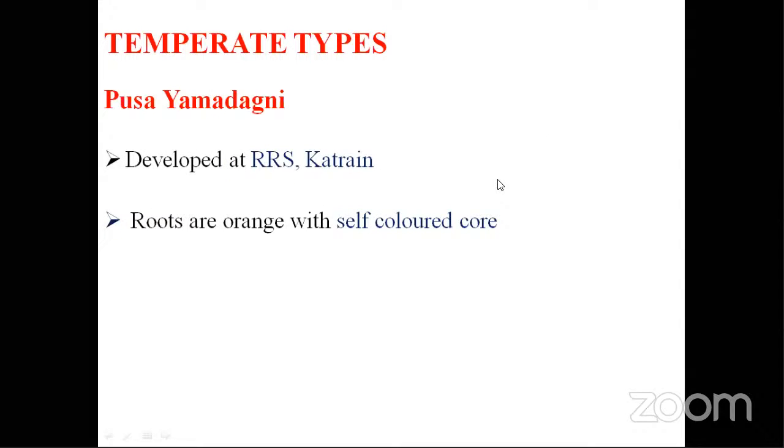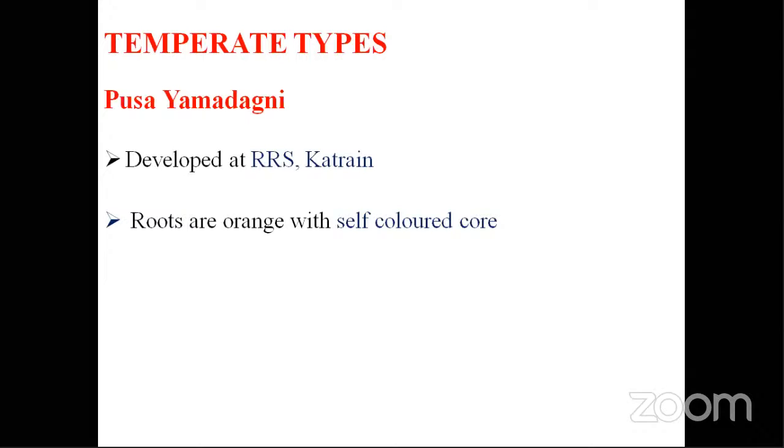Next is Pusa Yamdagni, which is mostly grown under South Indian conditions. If you want to grow any Pusa variety, then they will recommend Pusa Yamdagni, because they say it is a temperate type, but it actually comes very well in many South Indian places also. They grow Pusa Yamdagni actually. So it was developed by the research station at Katrain, and the roots are generally orange in color, and also most of the hybrids that come up will be self-cored varieties or self-colored varieties, because